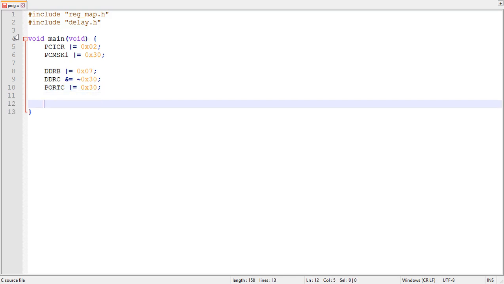The interrupt pins, that is pin number 27 and 28, must be configured in input mode. These pins belong to the general purpose input-output port C and correspond to the bits 4 and 5. Writing the bits 4 and 5 of the register DDRC with 0 configures the pin in input mode. It is done by ANDing the register DDRC with the bitwise NOT of the value 30 in hex and assigning